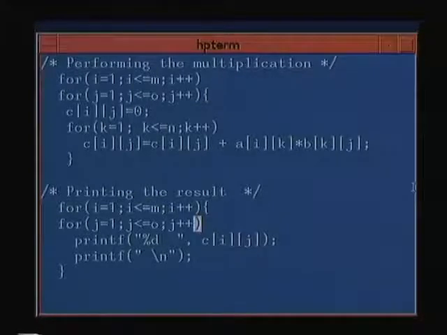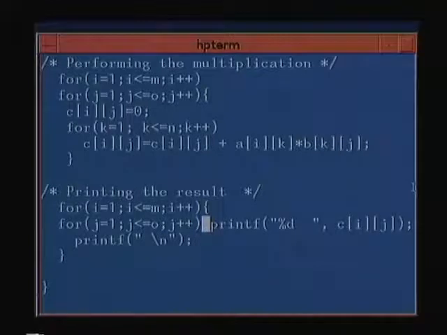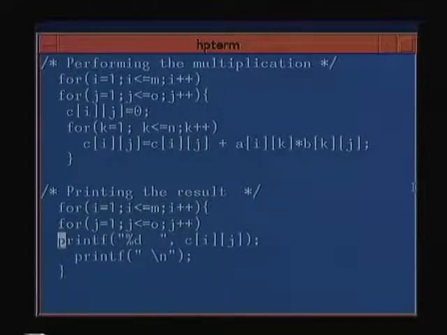This block contains one for statement, which is this. You can write it in separate lines, but this is how it is. This is one for statement. For j equal to 1, j less than equal to O, j plus plus, you print this. And at the end of this whole loop, you print a new line. Even if you write it this way, it does not matter. The brackets actually take care of what your intention is.